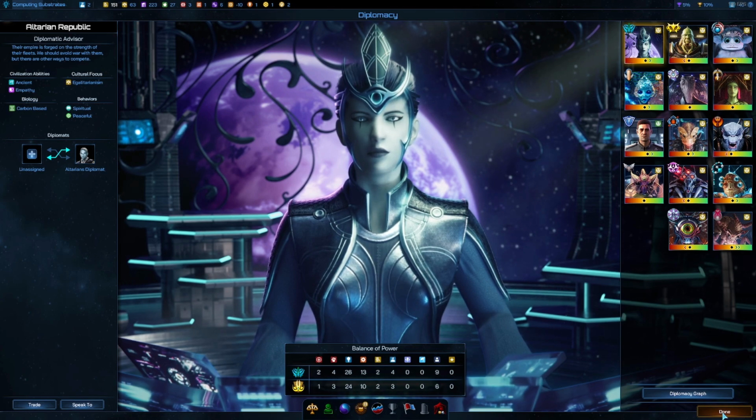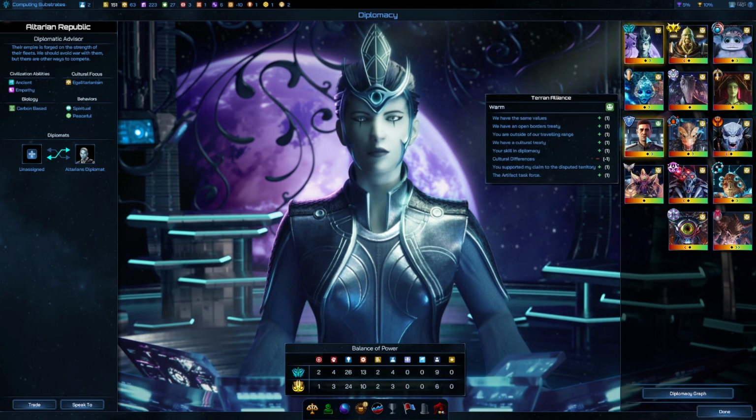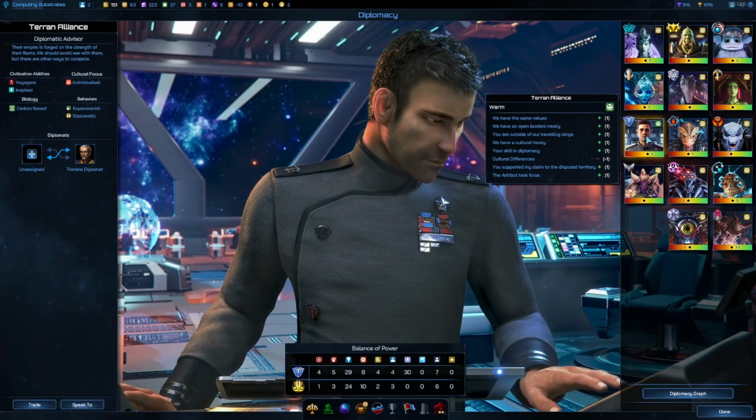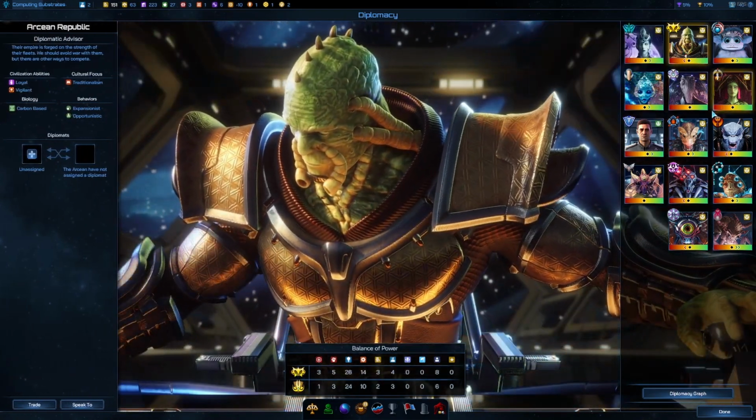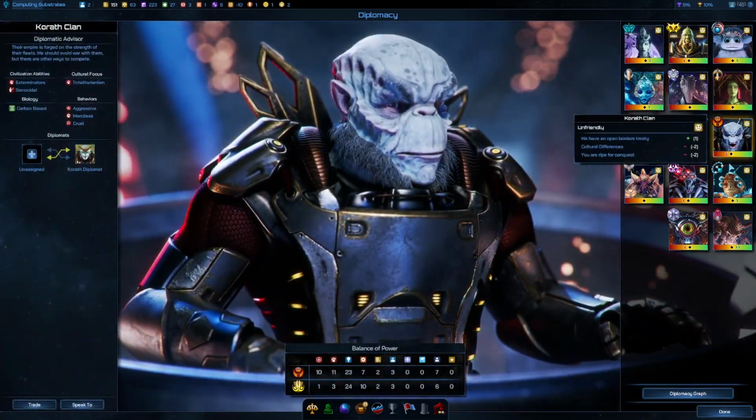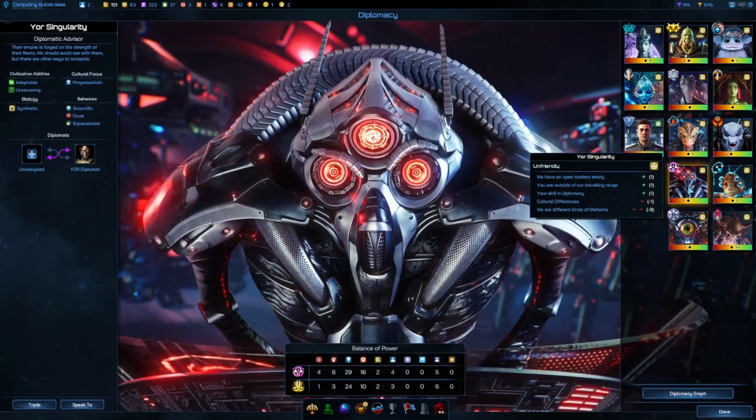We have to choose an ally at some point. And it's looking most likely that we ally with these here humans. We do have a cultural treaty with them. Are they strong? They're kind of strong. How strong are these guys? They're kind of all in the same ballpark. I mean, the Korath are really strong. So are...